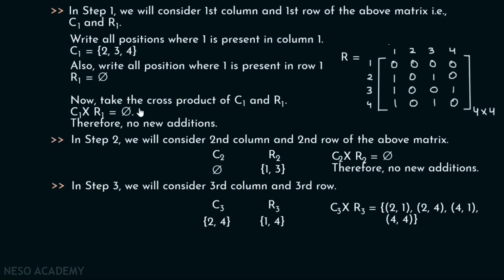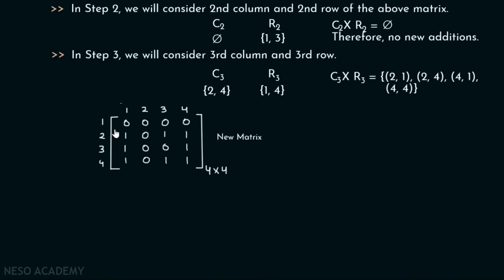That is why I have told you in these two cases there are no new additions. But in this case, we have to put 1 in all these positions. And you can see we have 2 new additions. We have to replace this 0 by 1 and this 0 by 1. And this is how new matrix looks like. Okay. You can see that I have placed 1 over here and 1 over here. Rest of the matrix is similar to what we have seen already, right?